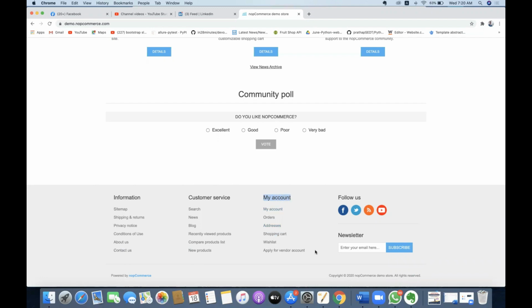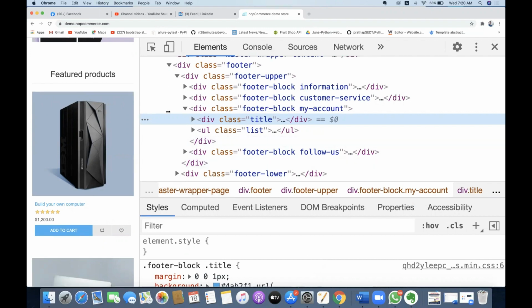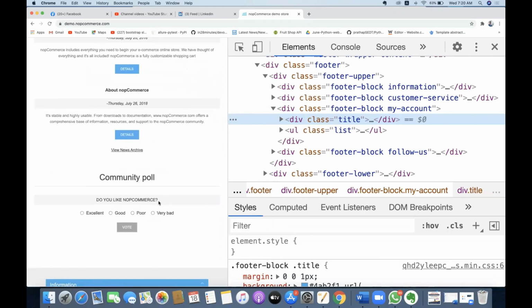Now I need to extract all the links that are available here. So how can I extract them? Let me go and inspect the page, and move it just beside and scroll down.